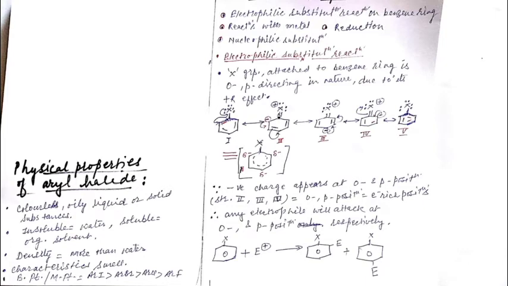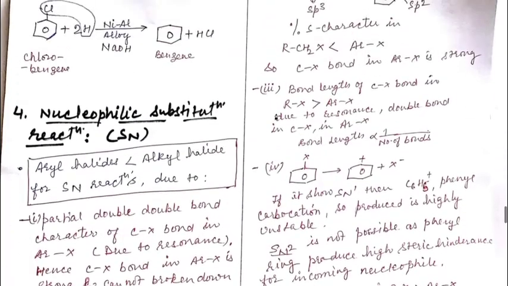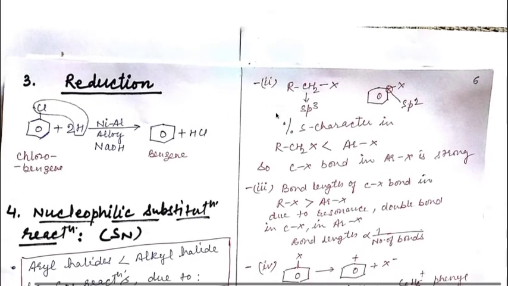So, for this we have to break this bond, and since this carbon-halogen bond has partial double bond character, it is very difficult to break this bond. So this is the first reason why aryl halides are less reactive towards nucleophilic substitution reactions. Second one,